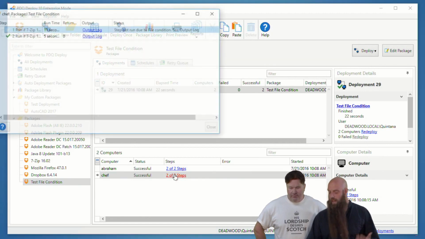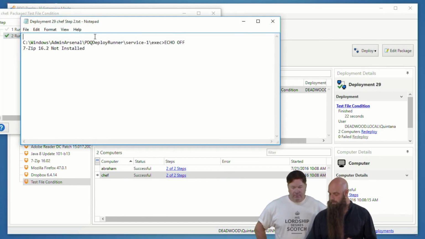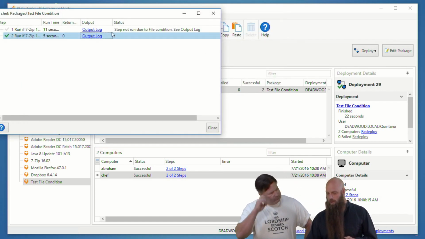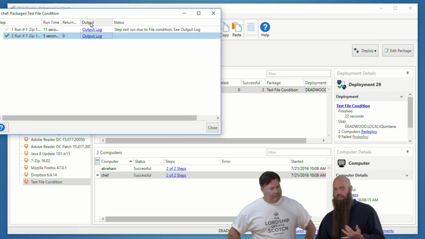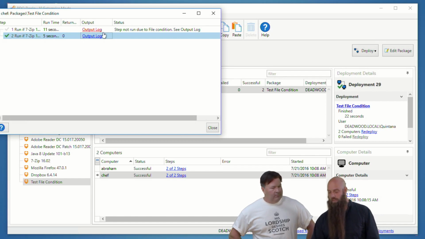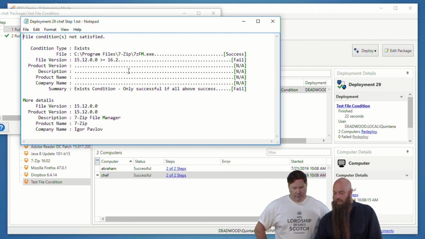Whereas Chef should have failed the first one and succeeded on the second one. Now, one thing I do like: if you have a file or registry condition and it fails, we either create the log file so that you can report that, or we'll add some logging to an existing log file depending on what's run. Just to give you some heads up. So why did Chef fail? Well, you can see